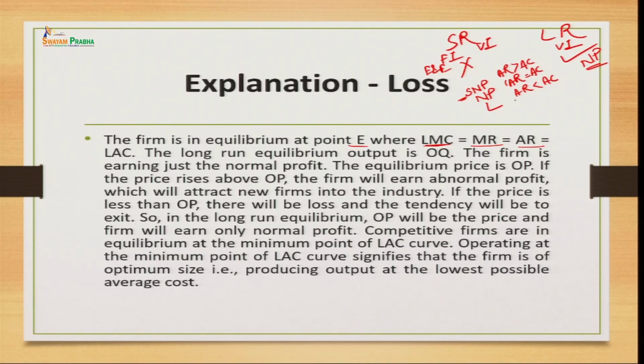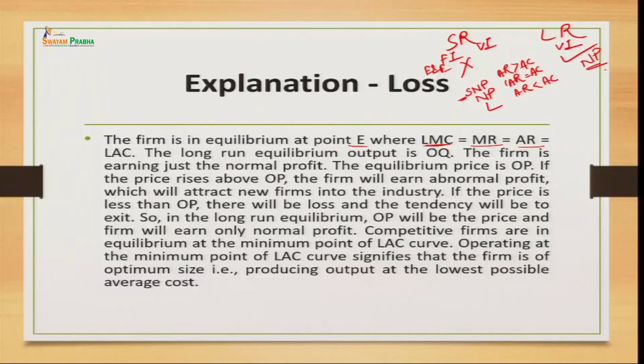The firms which were incurring the loss in the short run, in the long run they will reduce their production capacity, and some of the firms will leave the industry. So, when the output decreases, definitely the cost of production will reduce, and when the supply is less, the price will be high, because of more demand and less supply. Price will increase and cost will decrease. So, again they will reach the point where the firms are going to earn only normal profit.